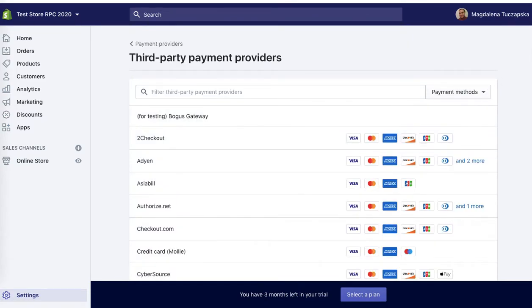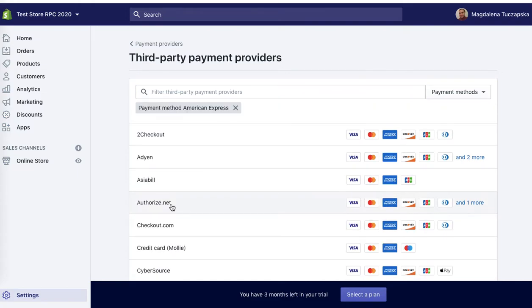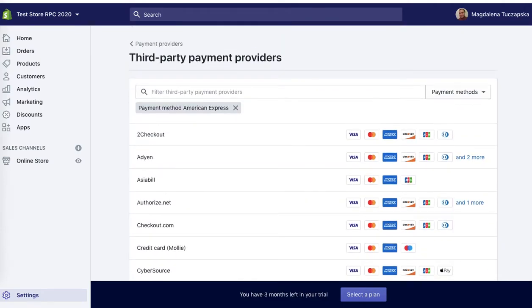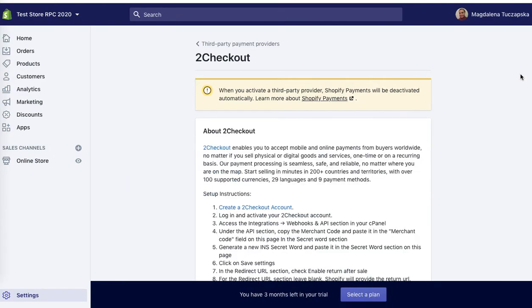And here you've got a list of all of the providers, so you can either search for it by typing the name of the provider. So obviously you have the account with them at the time that you want to integrate it with your Shopify store. So as an example, I'll try to show you how to integrate, for example, 2Checkout. So click on the name 2Checkout,